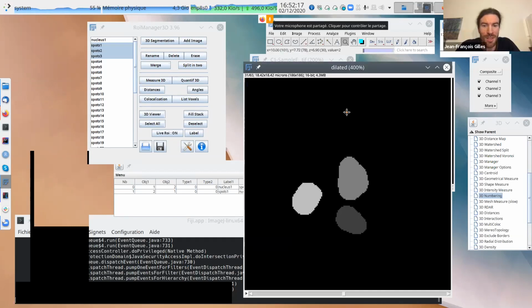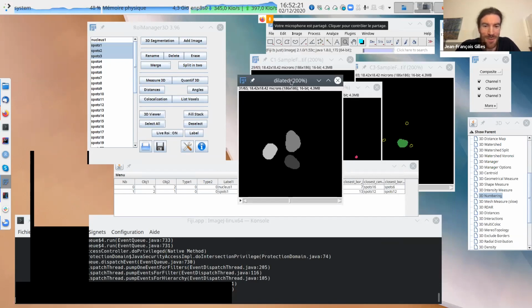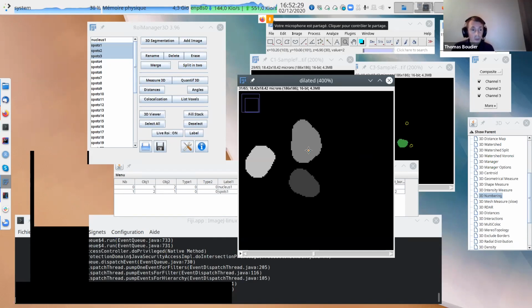It takes a lot of CPU and calculation, depending on the number of objects, because you compute all the border distances for all the contours, in 3D. So if you have very big objects, this border distance may be very time consuming, and it can take very long. So don't be surprised if you do some distance computation and it can be quite long.